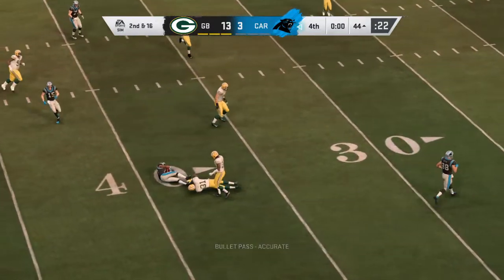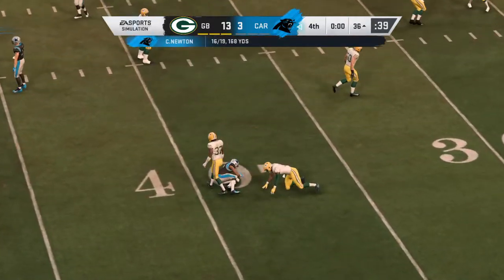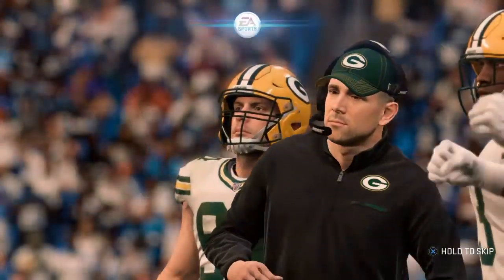He's got a man on the crossing route. That's Moore. And to the 36-yard line, taken down there after getting